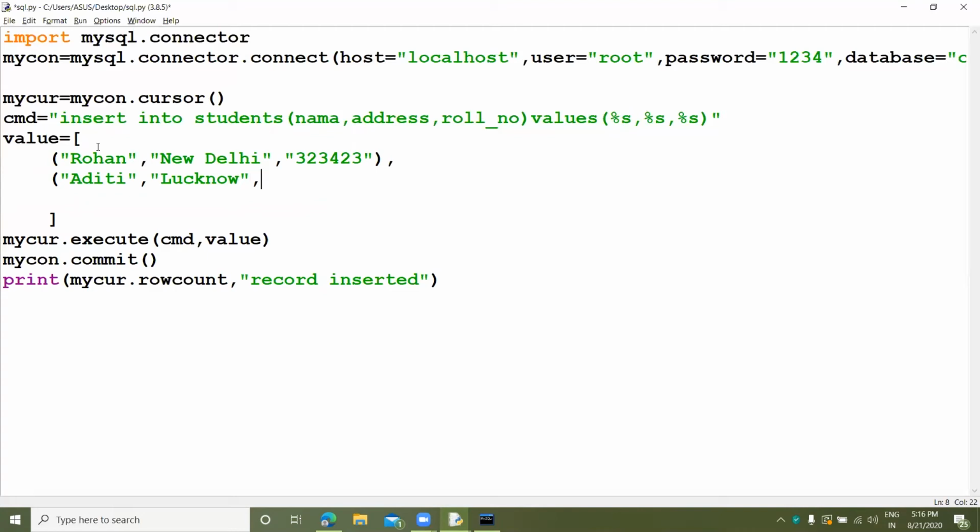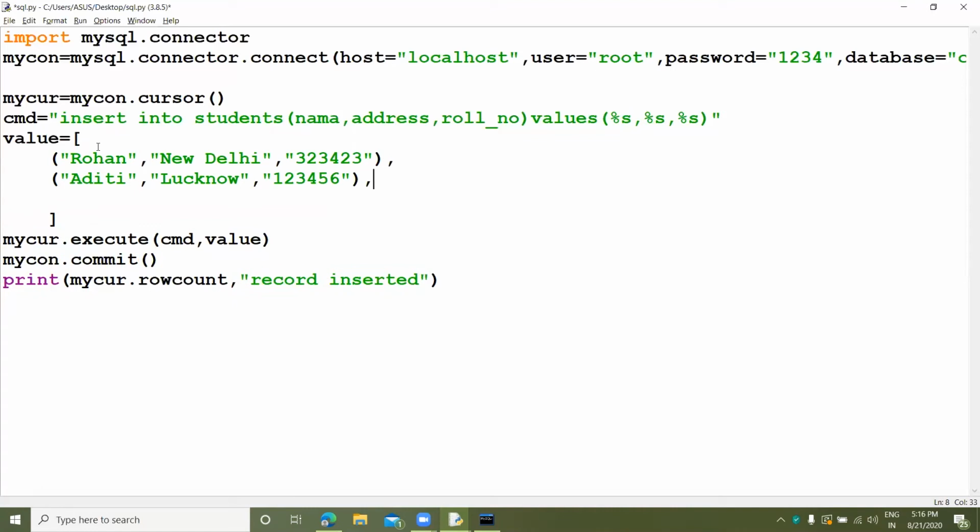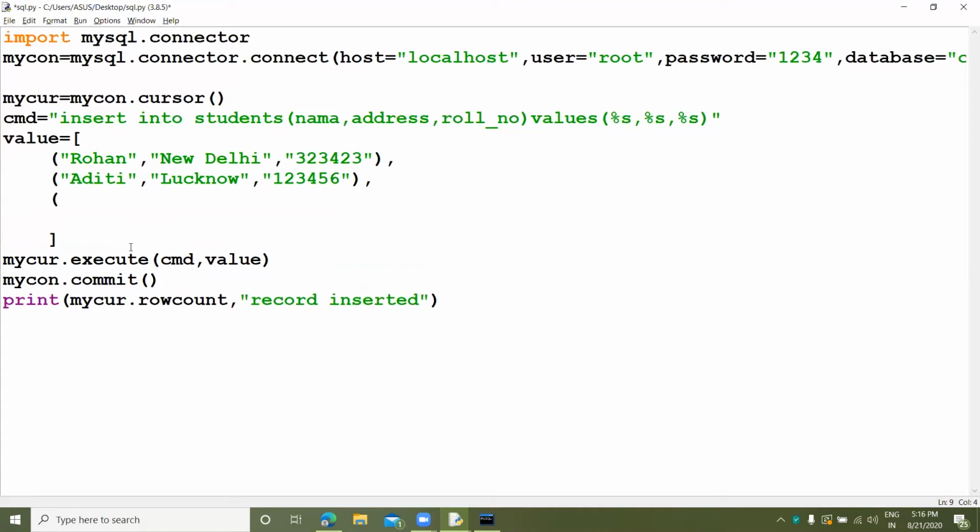It's Lucknow. So another name is Himanshu. So address is Pune and roll number is like that.